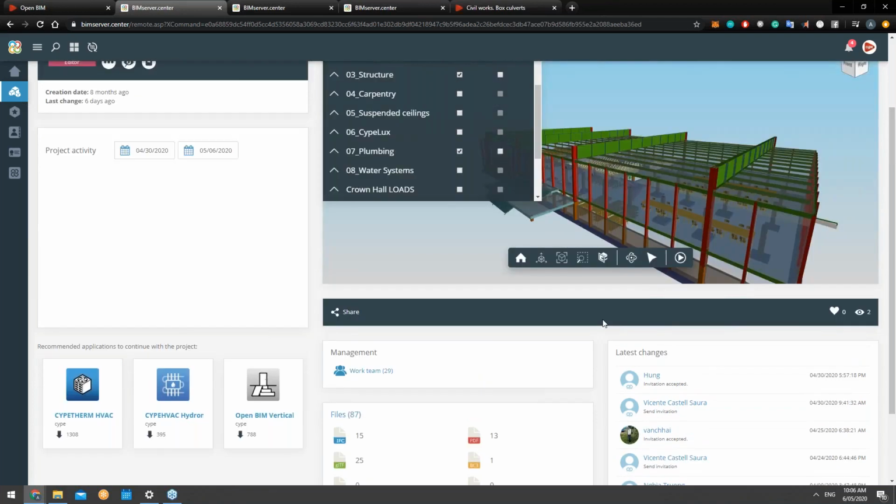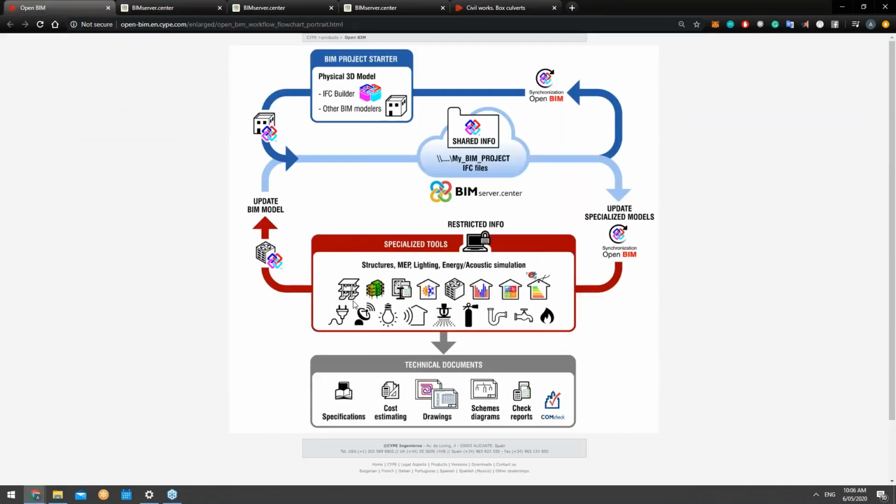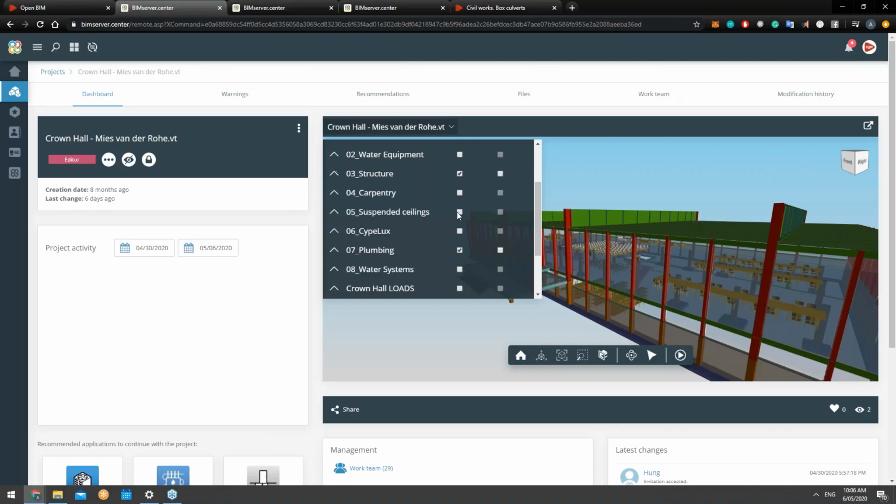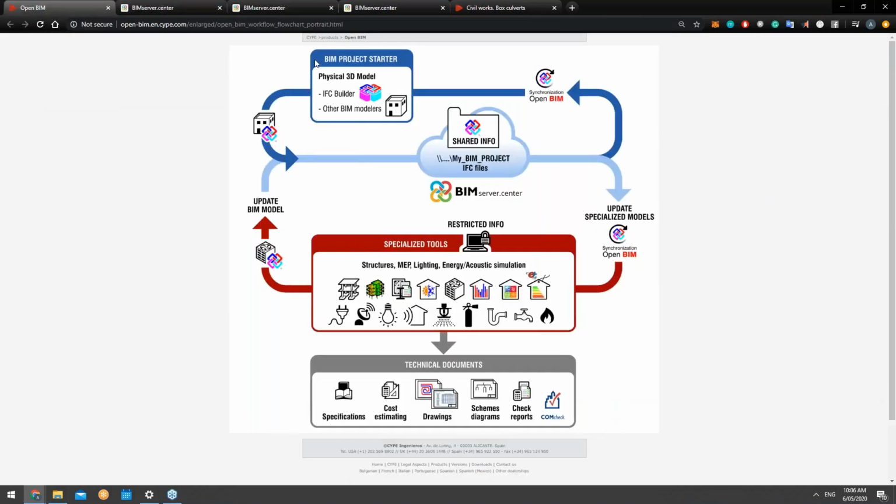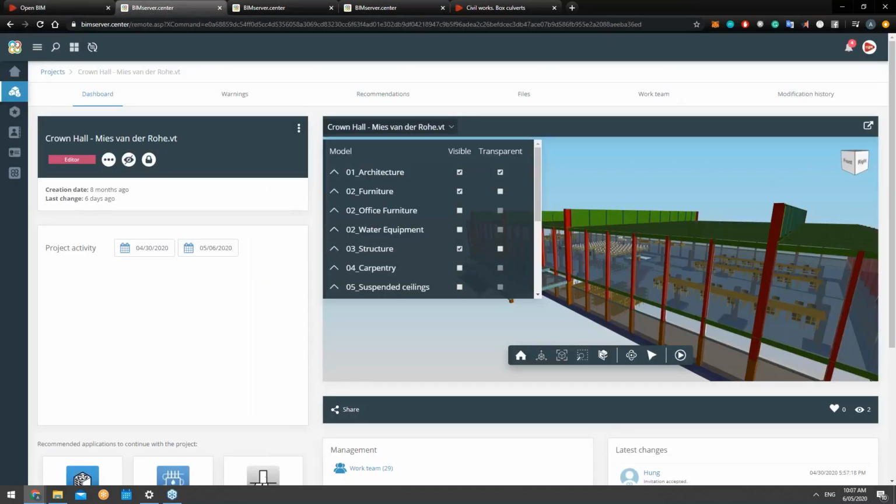The other powerful tool, of course, I mentioned was the technical documents here. Now, what I've just demonstrated here is all the different types of specialized tools that are able to be attributed to one architectural model here. So quite a nifty workflow that has reduced a lot of wasted time, increased design time, and we know what happens when we increase design time on an overall project. We get a better project